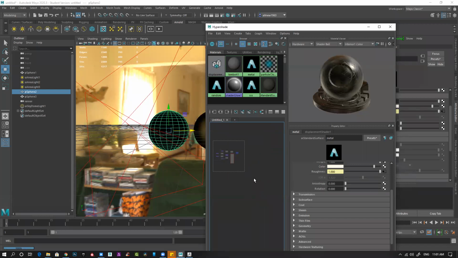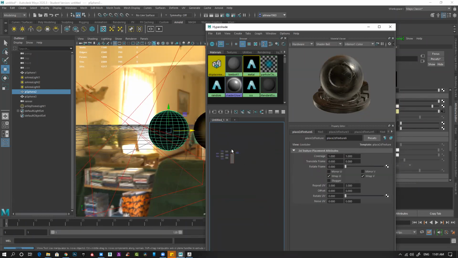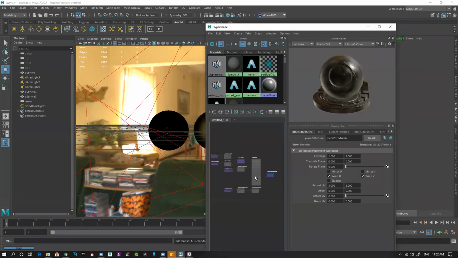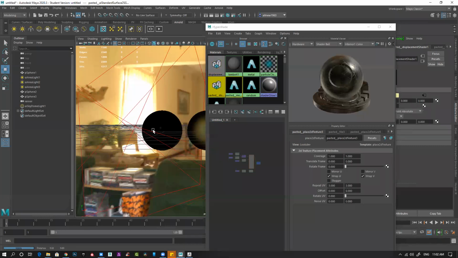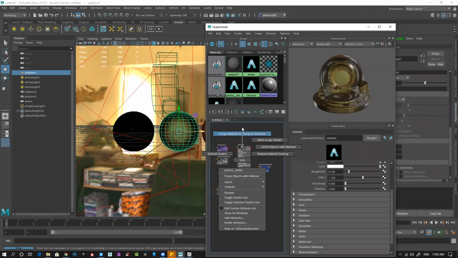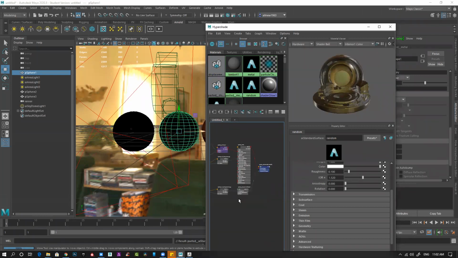You see the entire network. Select this entire shader, Control C, Control V. Paste it. It will paste one more network here, and right click, assign to selection. So now I have selected the exact same thing.